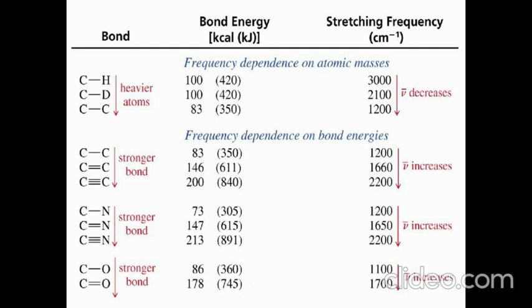So therefore the triple bond will have the highest frequency, the double bond will have the second one, and the lowest value will go to the C single bond C. Now if we check the right column, then C single bond C appears at 1200 centimeter inverse, C double bond C appears at 1660 centimeter inverse, and C triple bond C appears at 2200 centimeter inverse in the IR